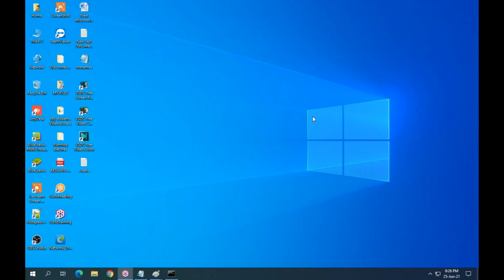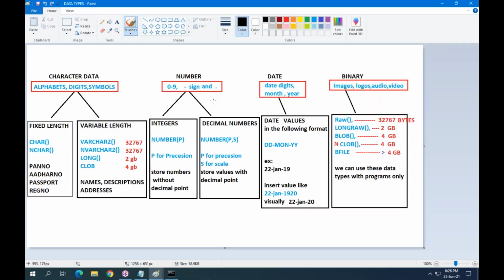Character data, number type data, date type data, and binary data.